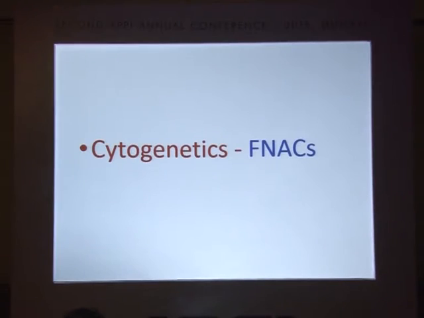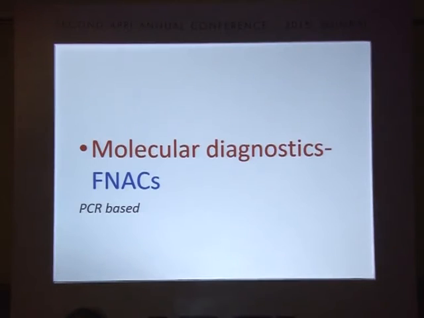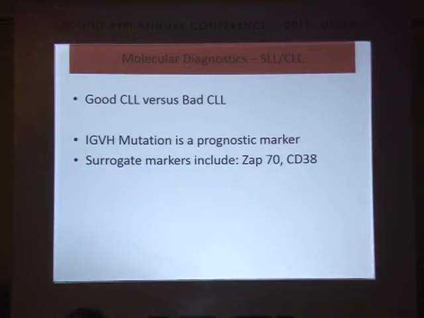I'll just skip these slides. Flow I'll show you later. Cytogenetics you can do on smears. You can look at FISH. You can do molecular diagnostics. Now, as I told you, to give you an example, CLL. If you have a lymph node SLL, you do FNAC. You can make smears, or you can collect the tissue and send it to the molecular lab, and you can do